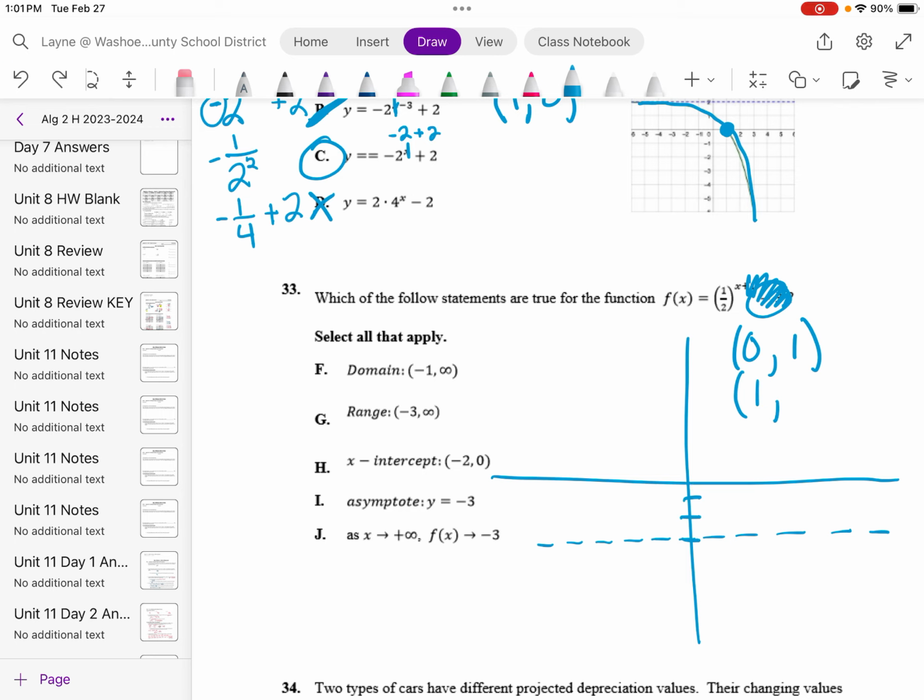Anything to the 0 power is 1. Anything to the first power is 1/2. All right. So the way this is going to look is I would take those 2 points, so (0, 1) and (1, 1/2),